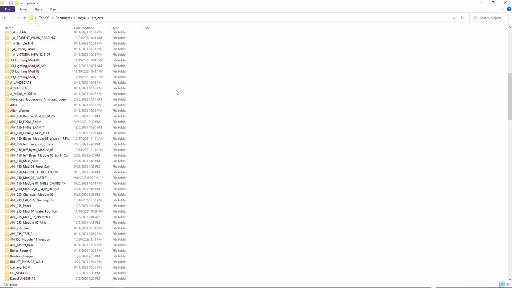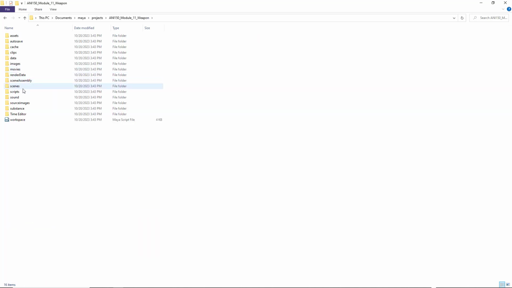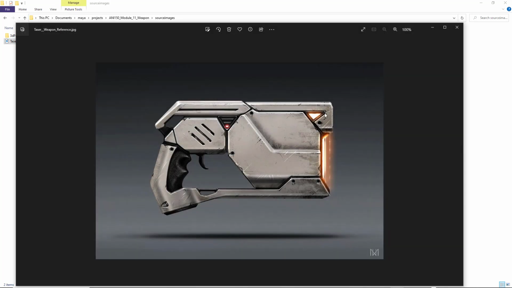Then I'm going to copy and paste. After you download, you have to unzip the folder of the reference. You'll have a reference image that you can use. There it is, Annie 150 Module 11 and source images, and I'm going to go ahead and copy and paste the laser weapon reference, and it looks like this. This is what we're going to be creating,